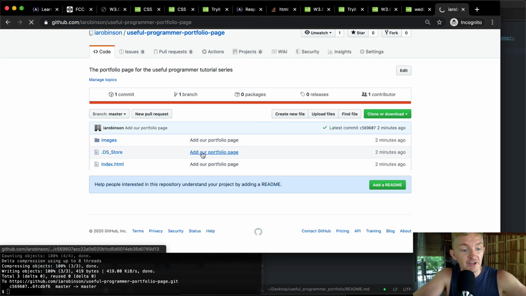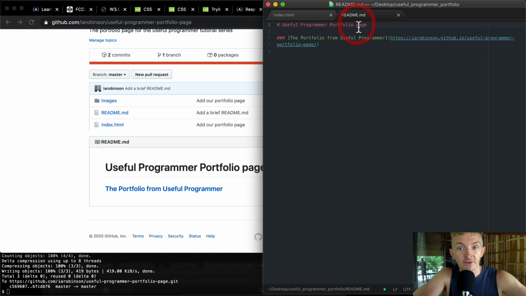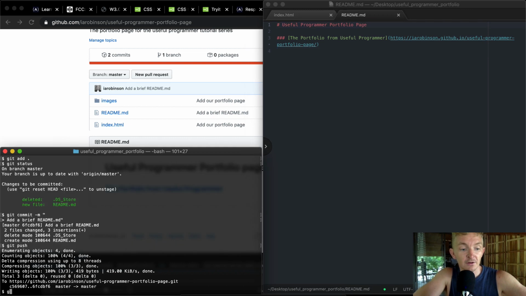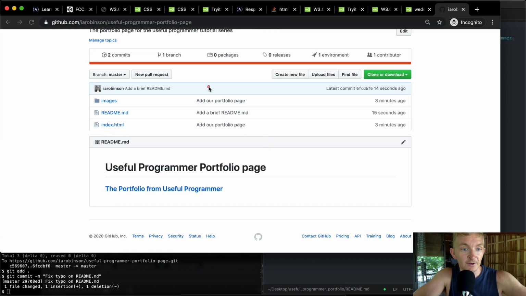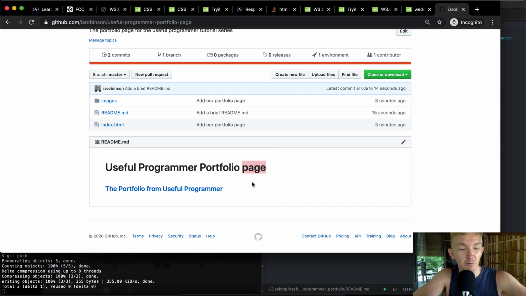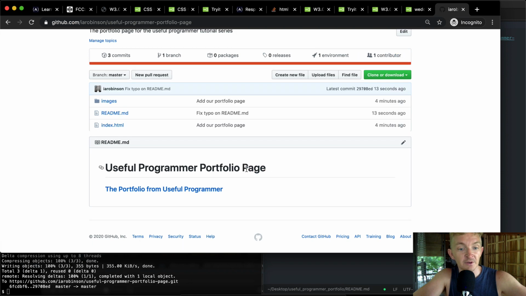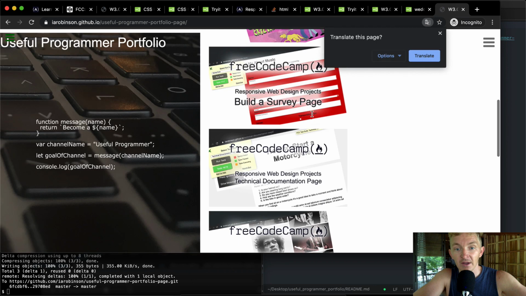And then if we refresh our page here, the portfolio from useful programmer, and the README shows up here. I want this to be capitalized. Git add, git commit, fix typo. Here I just want this to be capitalized. I don't want this to have an error on it. Now I'm going to git push. So now I've made a git commit that simply does this single thing of adding the capital P to this page. Cool. And then if we click here, we see our portfolio page is up and running on the live internet,